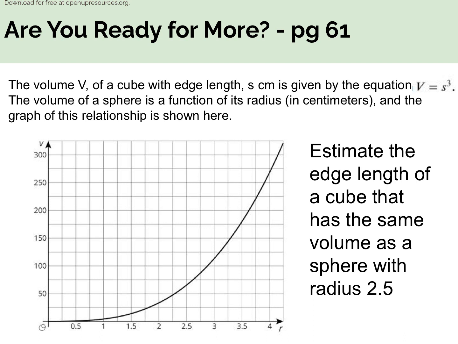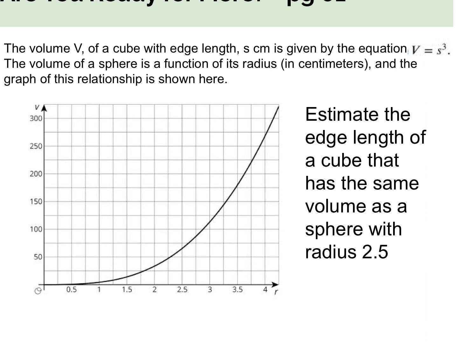Volume of the sphere is a function of the radius, and that is the graph. And it says, estimate the edge length or side length of the cube that has the same volume as the sphere with radius 2.5. So let's make a little bit more room for me. So radius is 2.5. So with a radius of 2.5, the volume of the sphere, well, what is that going to be? Probably in between the two, so 50, 75. Okay, probably about, I don't know, 62, 63